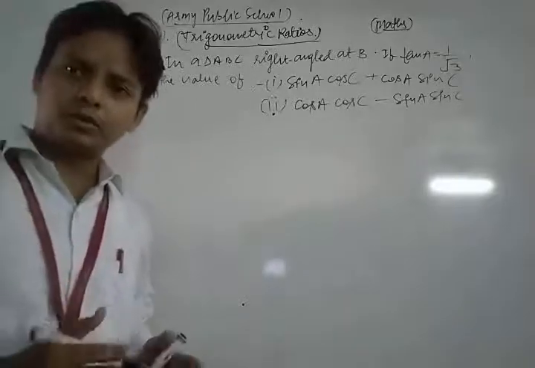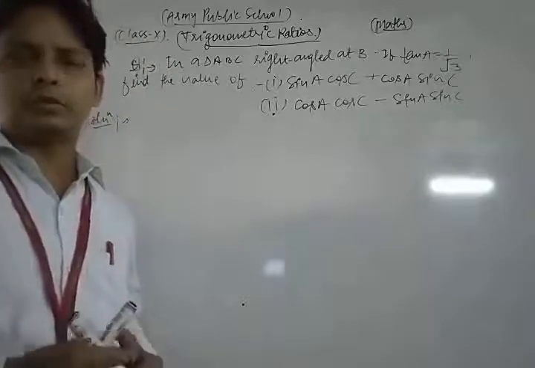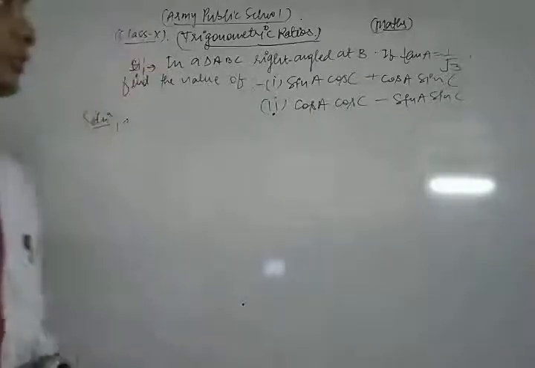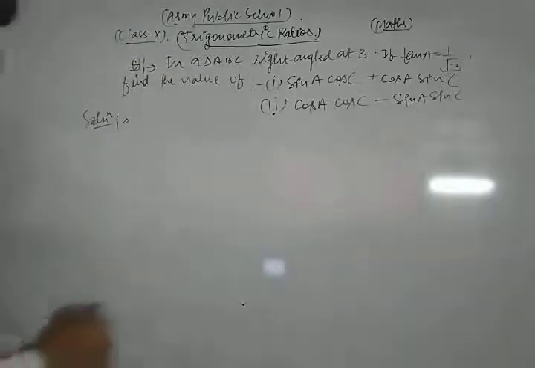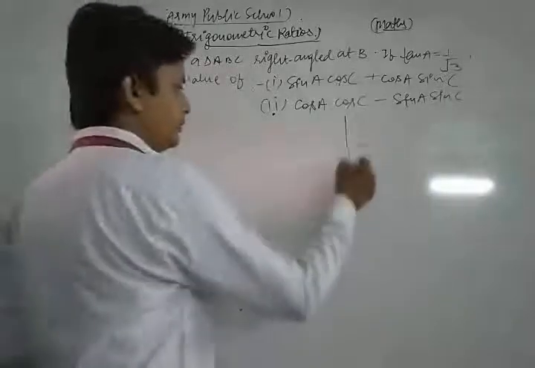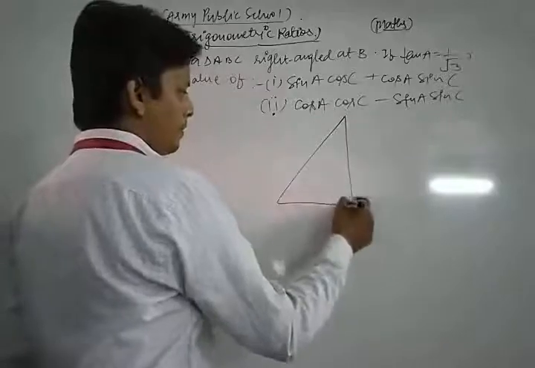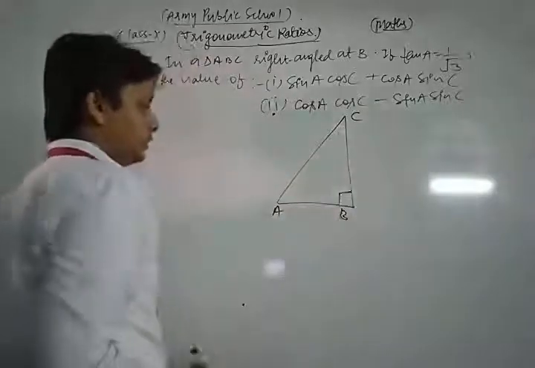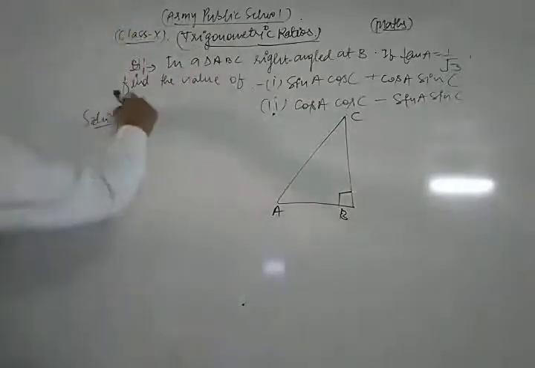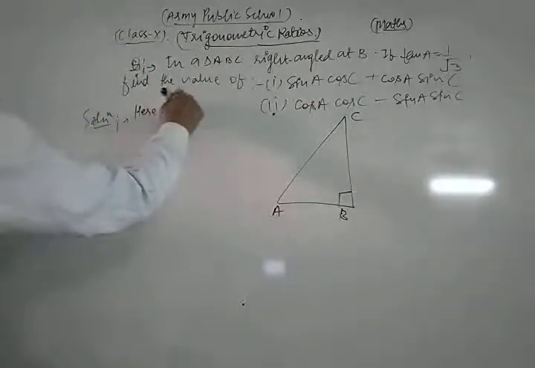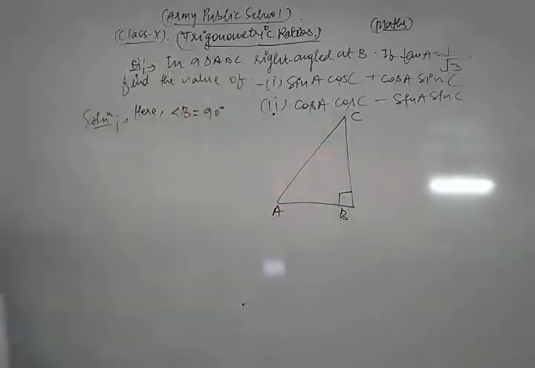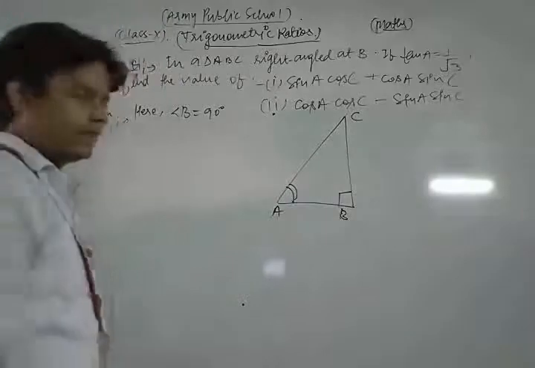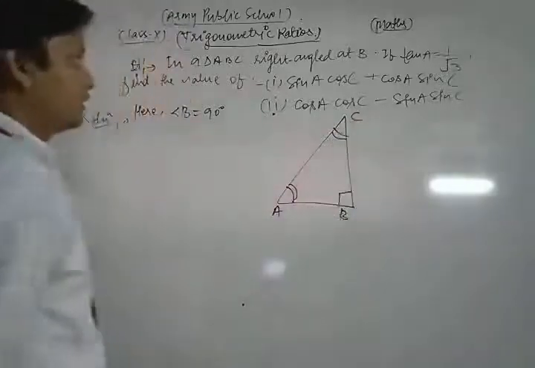This is a very important question related to your syllabus. So please, dear students, concentrate on this question. First of all, we draw a right angle triangle, right angle at B. This angle B is 90 degrees. So first of all, we measure the angle A as well as the angle C, and it is also given that